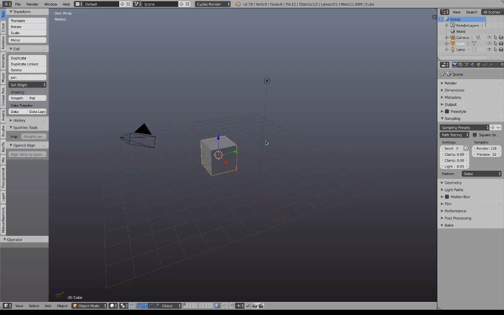In this video, I'm going to show a quick demonstration of how to create bump maps in Cycles Render Blender, and then export them from Cycles and drop them into Second Life. So let's get started. First thing we're going to do is put them on a